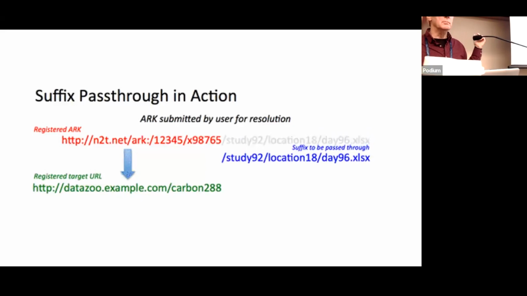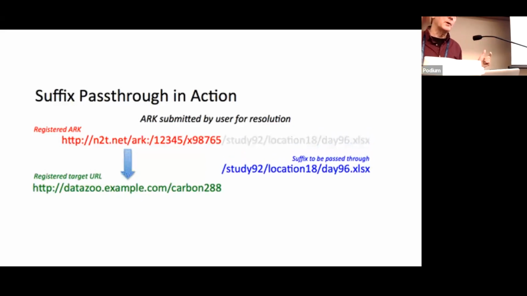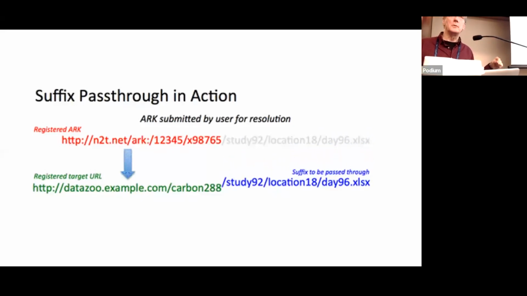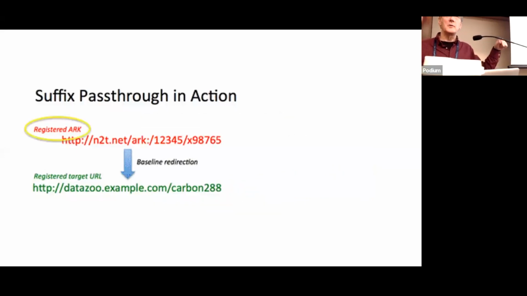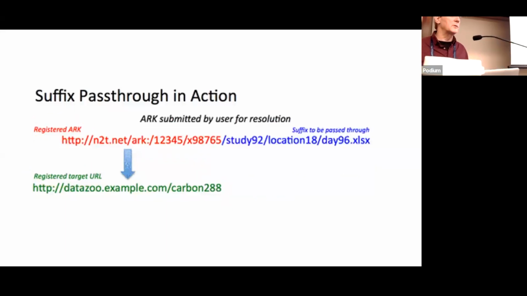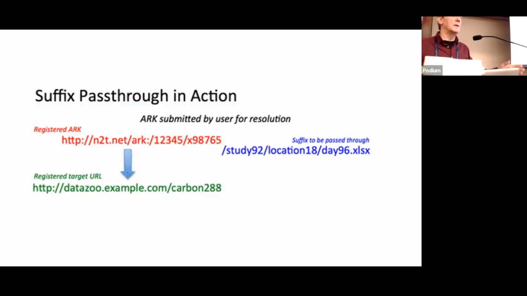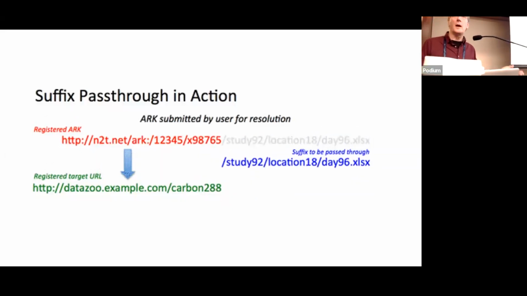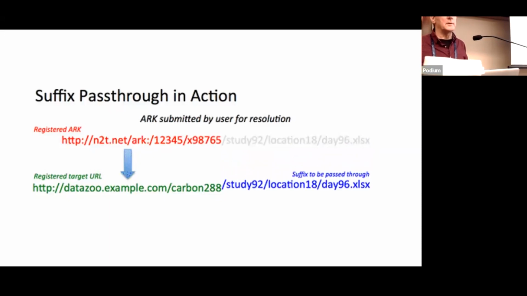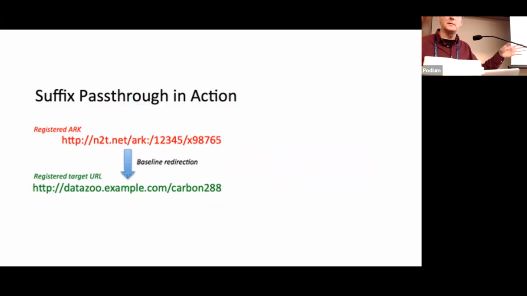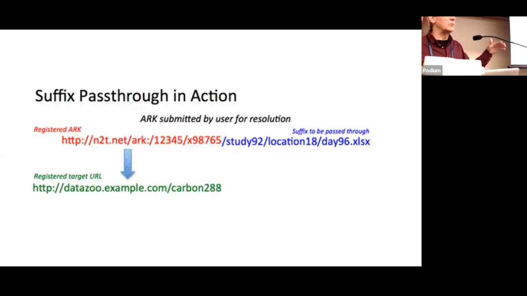But basically, it starts with the notion that every object is the root of its own namespace. Right? You might have a million objects in your collection, but you could have a million sub-objects hanging off of every object. So what if it's a database? You've got an ARK for a database, and it's got a million cells, and you want every one of them to be addressable. Well, how might you do that? First of all, it's nice that you don't have to pay for the million sub-objects. It's also really nice if you don't have to manage separate registrations for each one of them.